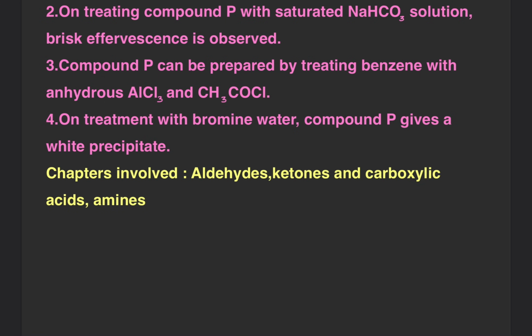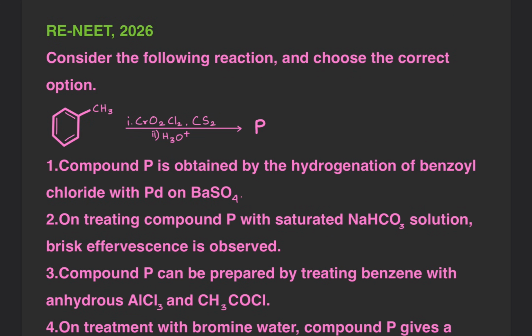Okay. So in the given reaction we are starting with toluene, which is reacted with a solution of chromyl chloride. CrO2Cl2 is chromyl chloride in CS2. CS2 is carbon disulfide, so this is the solvent. You can see these are the first set of conditions. Under these conditions, toluene gets oxidized to a brown colored chromium complex having the formula. So I will remove P. So under the first set of conditions, we get